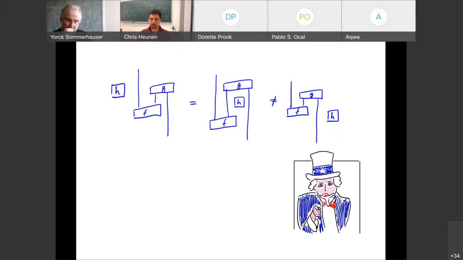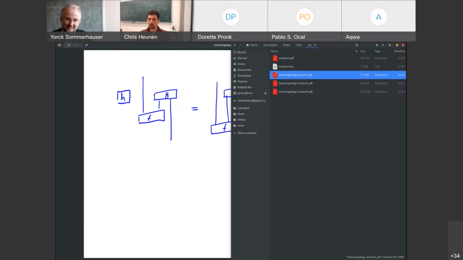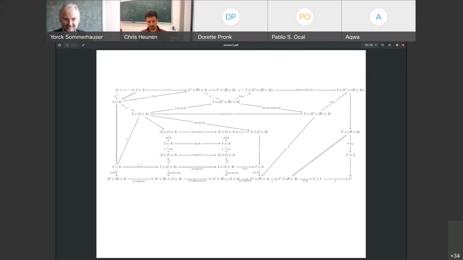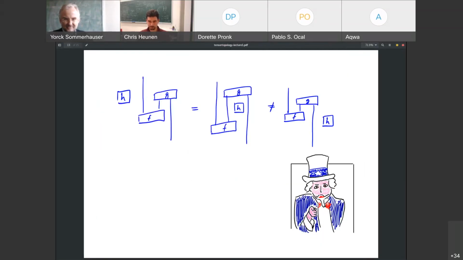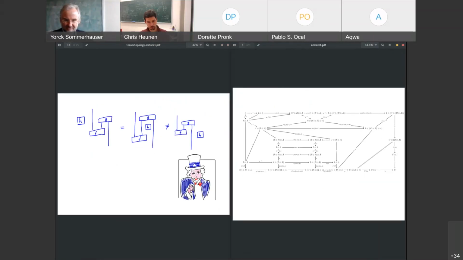Okay, I hope everybody had a go. I don't actually expect you to finish this, because I did do this exercise, and the point of it is to feel the pain. So if you draw this whole thing out, let me put them side by side. So the leftmost 2 pictures over here are algebraically the path along the top and then the right, and the path along the left and the bottom of this big diagram. You see, this is quite an involved diagram.